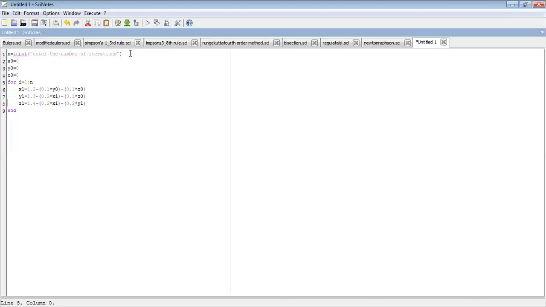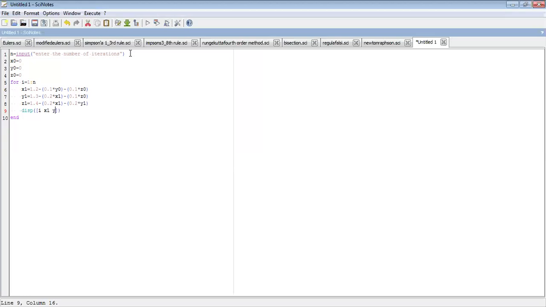And then I just display these values. We want to display x1, y1, z1. So I say disp, and I want the number of iteration, that is i. The iteration is given by i. Then we display x1, y1, z1 all together.